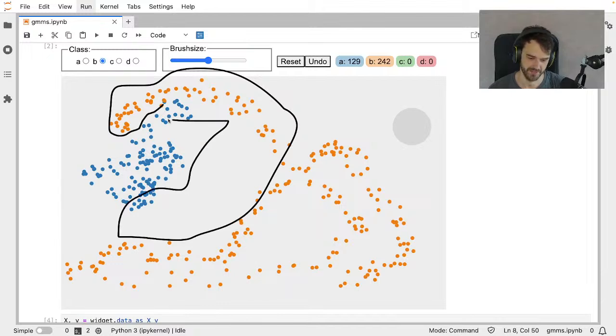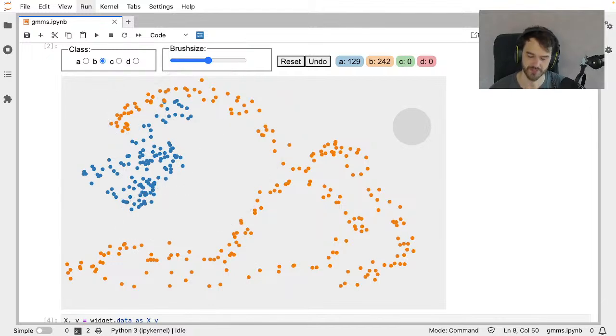Not the blue stuff. I can't draw on the trackpad. But we can also do that for all the orange points. And the same argument holds. We have a thing for that class that can do outlier detection. We have a thing for that class that can do sampling, but we also got the likelihood score. And that means we also have a classifier.